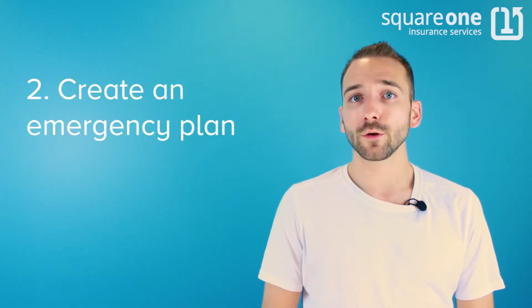2. Create an emergency plan. If you are out of town for work, or you're not able to meet up with your partner or children from work or school before an evacuation hits, it's very important you have an emergency plan established so you know where to meet up in the event of a catastrophe. You'll also want to make sure all emergency routes are noted so that you won't run into any floodwaters trying